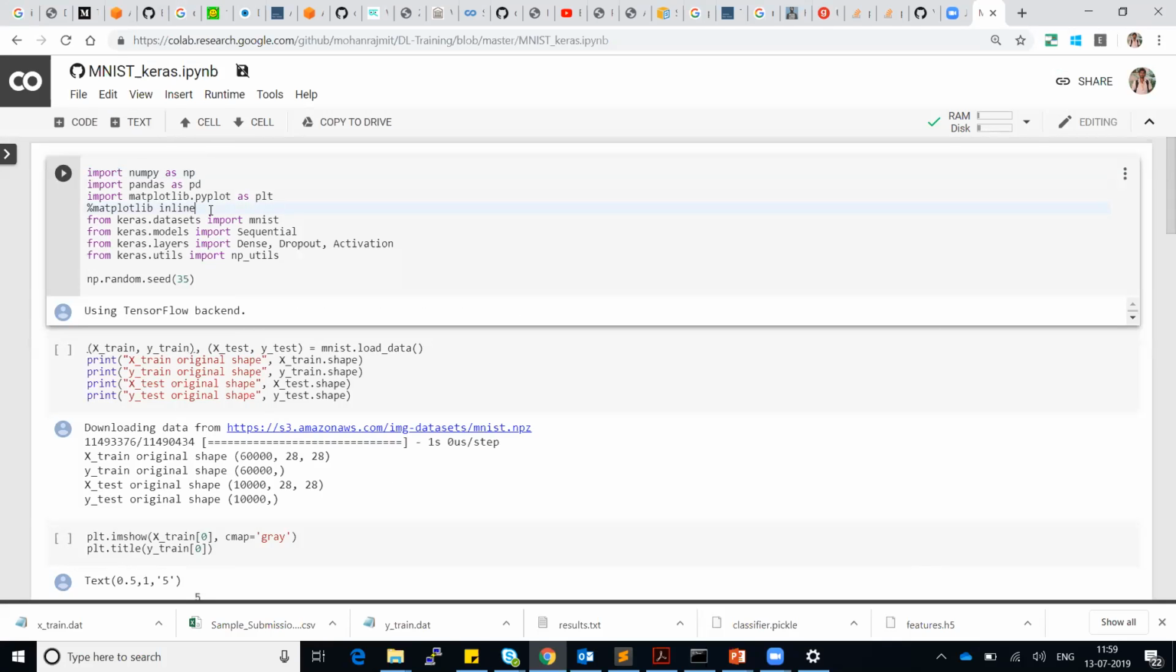So initially I imported the necessary libraries, NumPy, Pandas, and here I'm using the Keras library, which is an API that runs on either Theano, TensorFlow, or MXNet. But the most used library is TensorFlow as a backend. In this case, I'm going to use the Keras dataset MNIST, where I'm downloading the dataset from